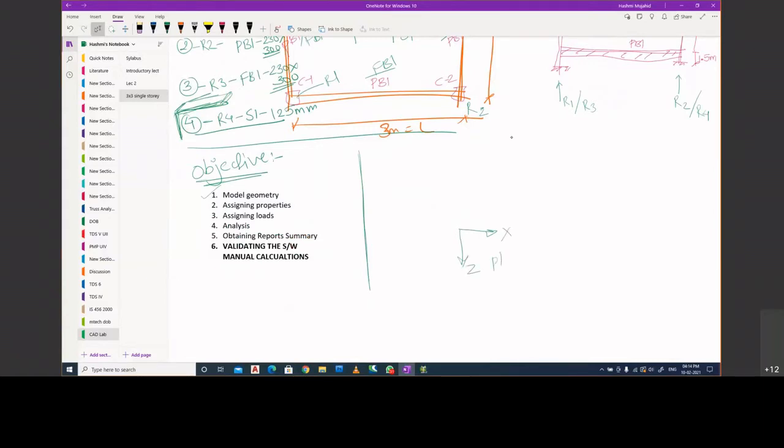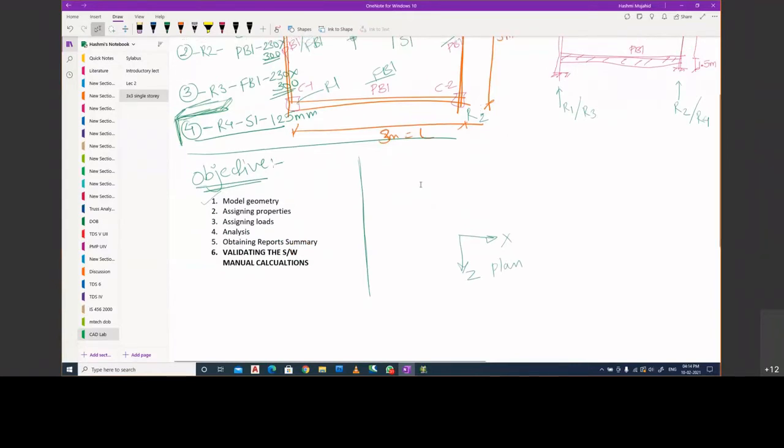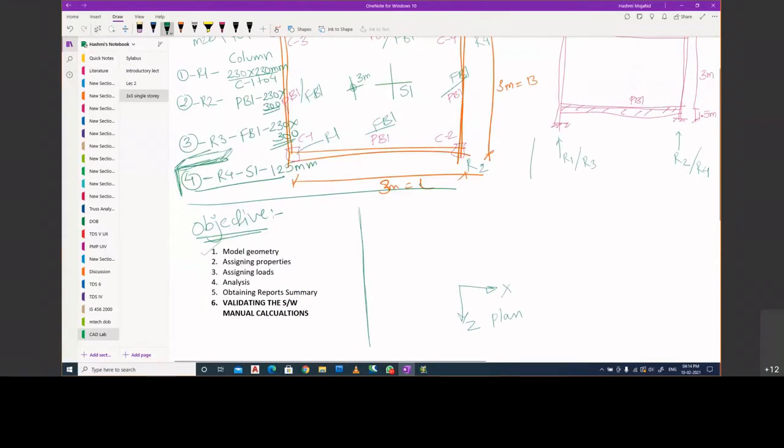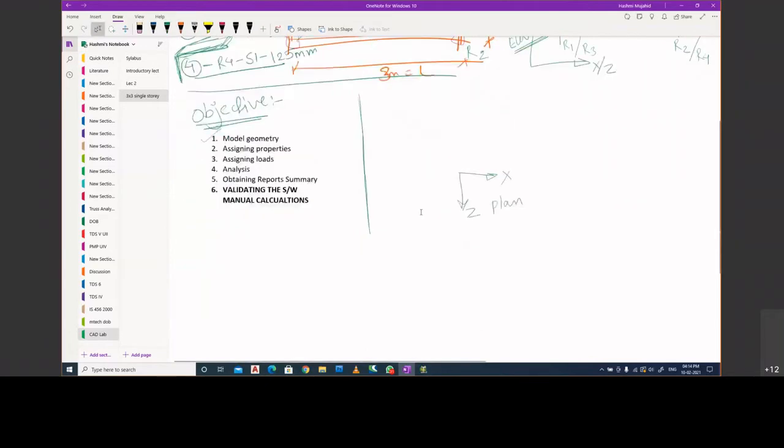In elevation, you will have either X or Z in one axis, and the other vertical axis would be Y. So in elevation, you will be having Y as the vertical axis. Make sure you are very clear about it.